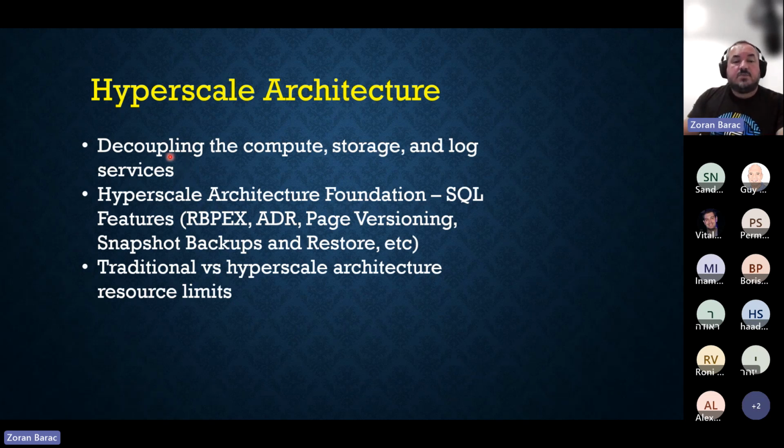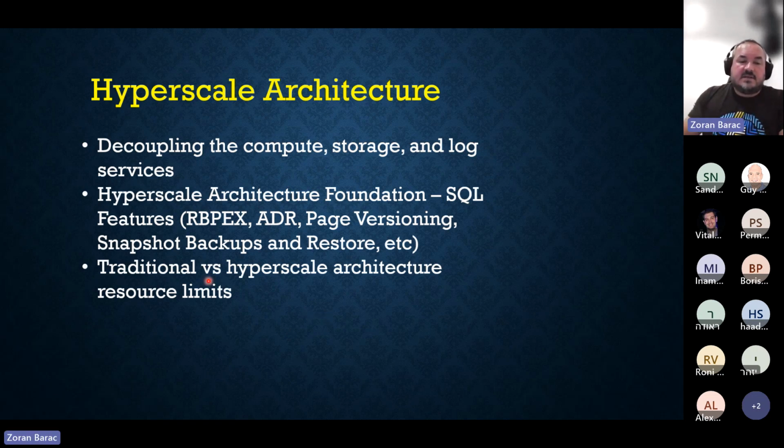And how that actually works on Hyperscale and what we get with that. Because behind this, you have that horizontal and vertical scalability, almost limitless horizontally, which is really hard to accomplish with the traditional one. I'll explain why. And we're going to talk about the Hyperscale architecture foundation, which means what was used to actually accomplish all this, which existed way before Hyperscale: accelerated database recovery, page versioning, buffer pool extension, and so on.